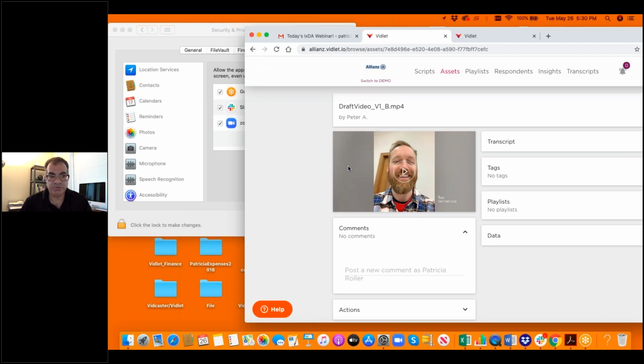So again, there's fantastic uses for this tool that saves all kinds of money in terms of travel, lets participants kind of do it themselves with your direction. So I think it's a fantastic tool. Any questions from folks out there about the uses for this?